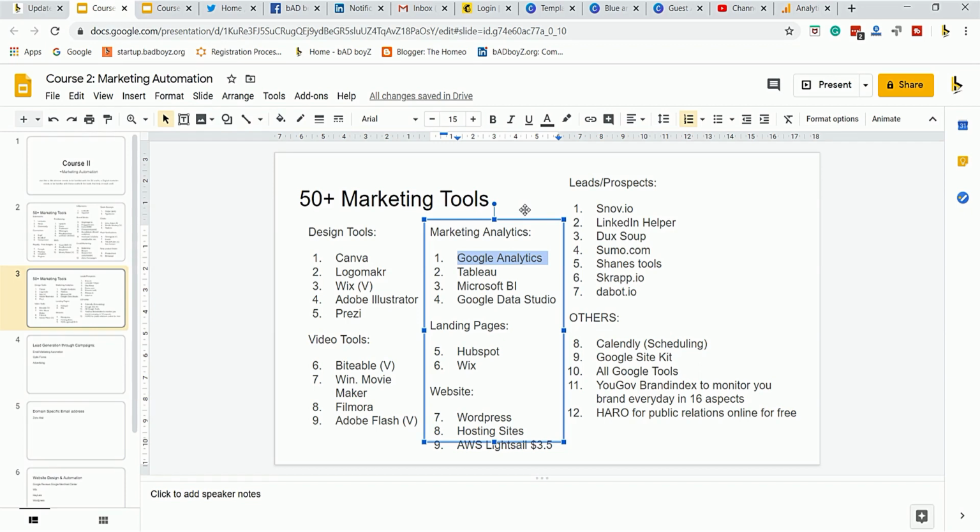We'll be telling you the basic understanding of the tools, but each course itself takes a lot of time, and these are very expensive tools. But as a digital marketer, you must know what all the tools are and how they work. Google Analytics is the basic analytics for marketing and